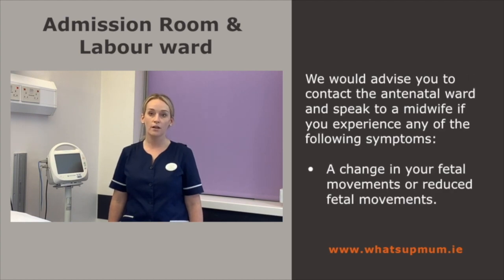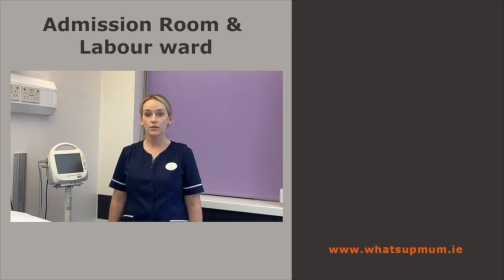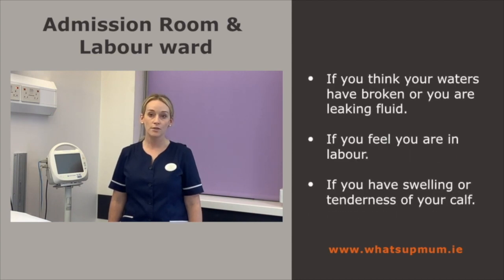We would advise you to contact the antenatal ward and speak to a midwife if you experience any of the following symptoms: a change in your fetal movements or reduced fetal movements, vaginal bleeding at any stage in your pregnancy, headaches with or without visual disturbances, a sudden onset of swelling of your hands and feet or your face, sudden onset of shortness of breath, severe abdominal pain, premature labour, if you think that your waters have broken or